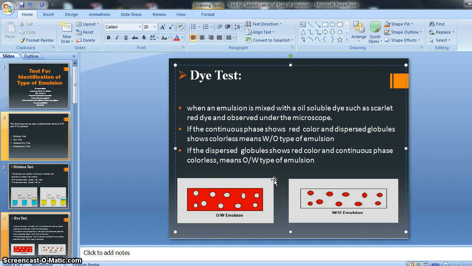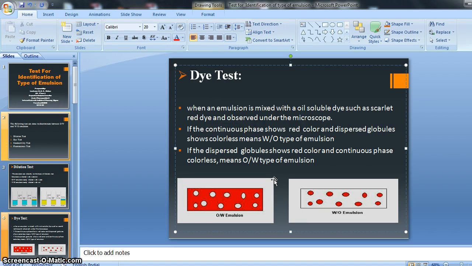We have to take some amount of our emulsion, whatever we have to identify, and add some amount of scarlet red dye agent, and mix it properly with a spatula. With continuous stirring we have to mix the scarlet dye into the emulsion.